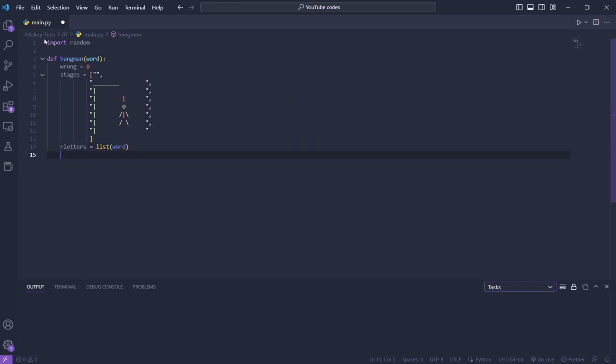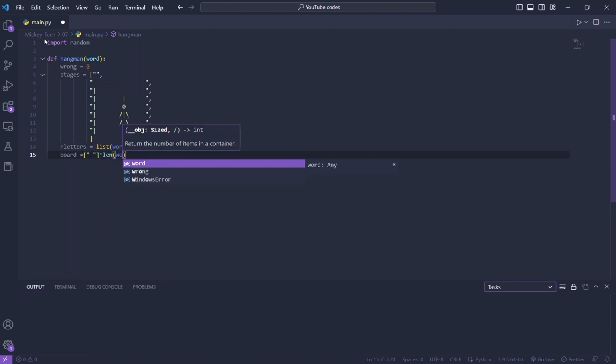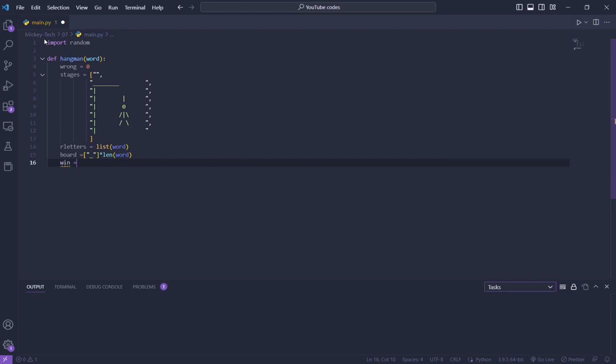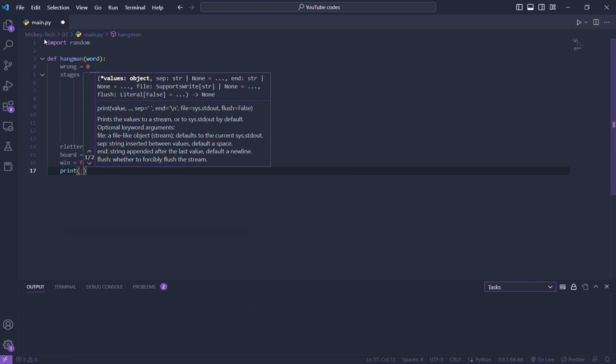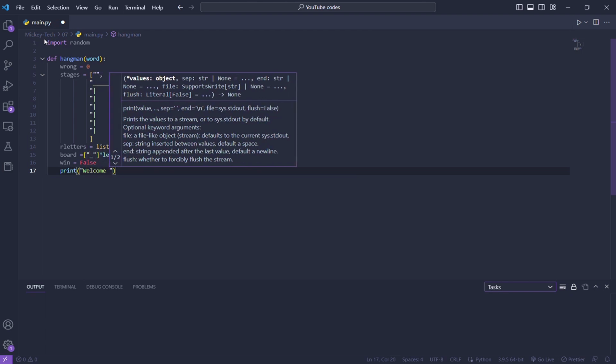The stages variable is a list of strings that represent the different stages of drawing the hangman figure. The letters variable is a list of letters from the word argument, and the board variable is a list of underscore characters with the same length as word. The win variable is a Boolean type, initialized to false, that will be used to track if the player has